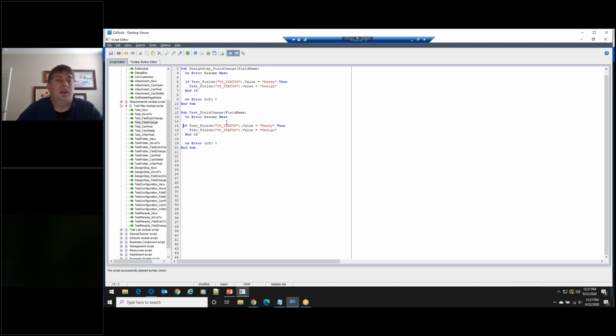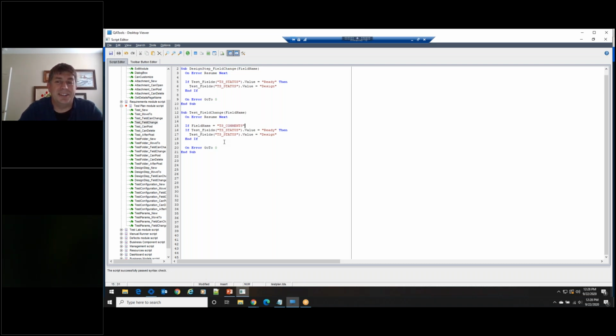The other thing you can do here is it actually gives you the field name that's being changed. So if you wanted to say, well, the only time we really care about resetting that is if somebody changes the description, you can actually add if field name equals TS, and I think it's comments.